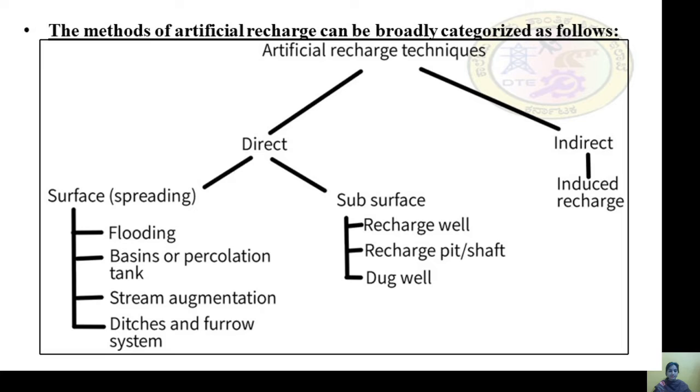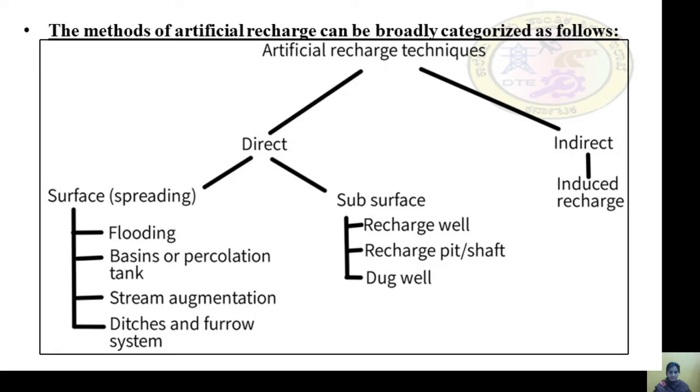Next, methods of artificial recharge can be broadly categorized as follows. Artificial recharge techniques are mainly divided into direct recharge and indirect recharge.